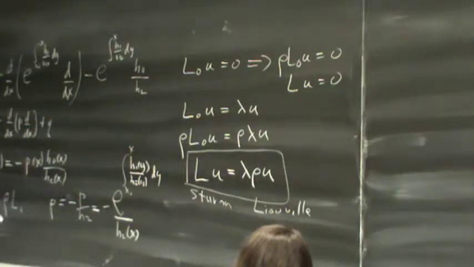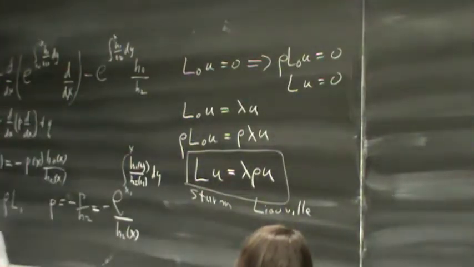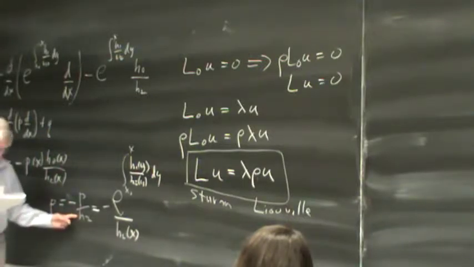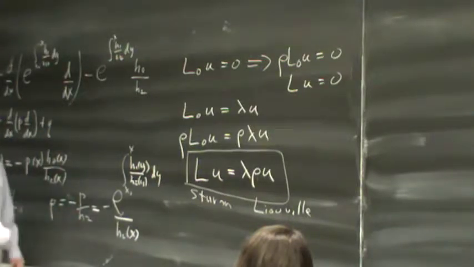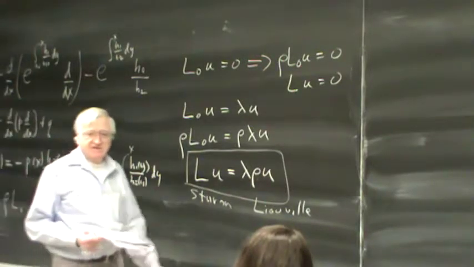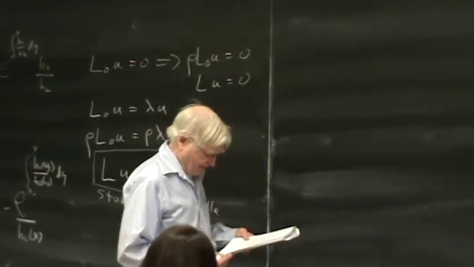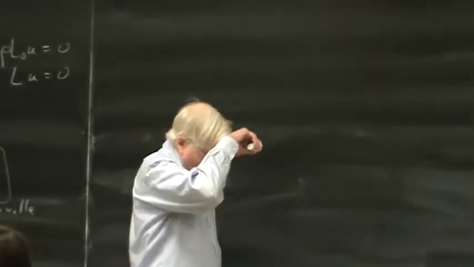Anyway, this is called a Sturm-Liouville differential equation. And this rho, I called it a weight function. On the other hand, H2 is often negative, and consequently, rho is typically positive, which you'd expect for a weight function. Okay, so